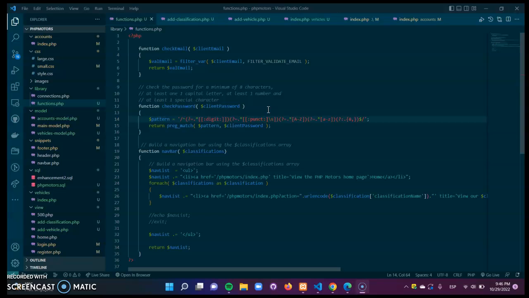So here we are checking if the client password matches the pattern password. Then we have the navbar function that takes as a parameter the classifications array, and here we are building the nav list or navigation bar. So when it is created, we are returning the nav list variable